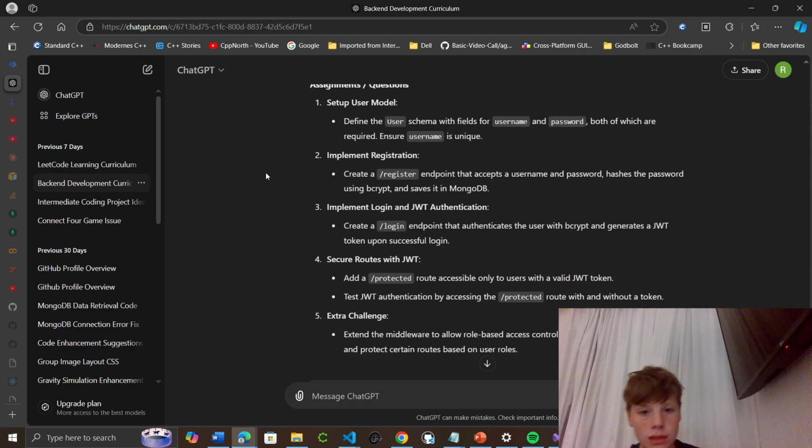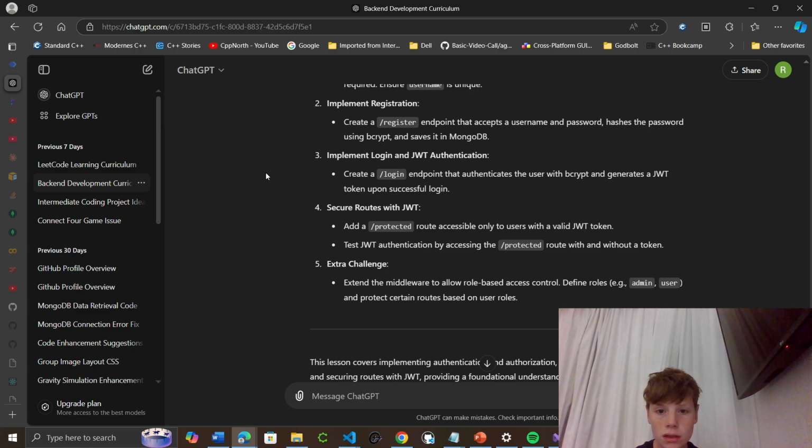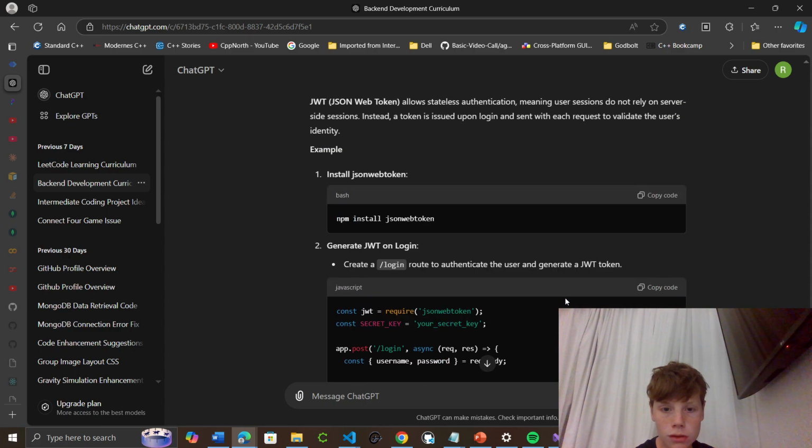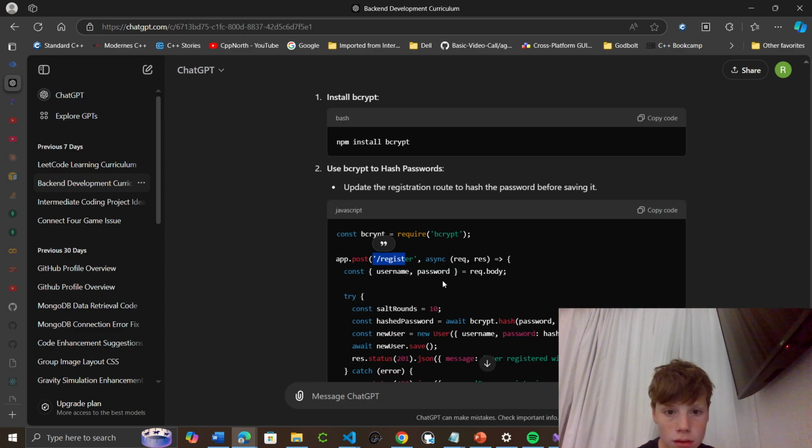Okay, so the extra challenge. Extend middleware to allow role-based access control, define roles. Okay, so I'm just going to go to this. So I suppose we could just